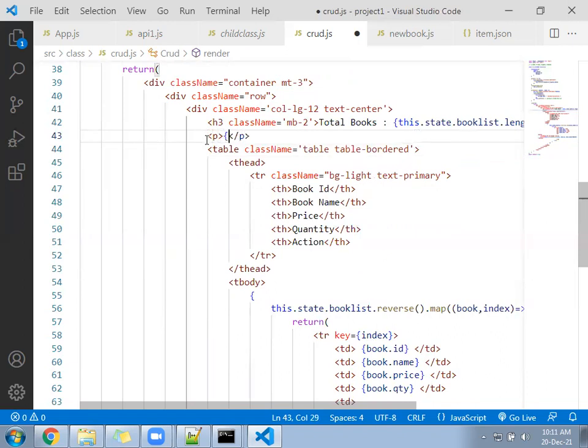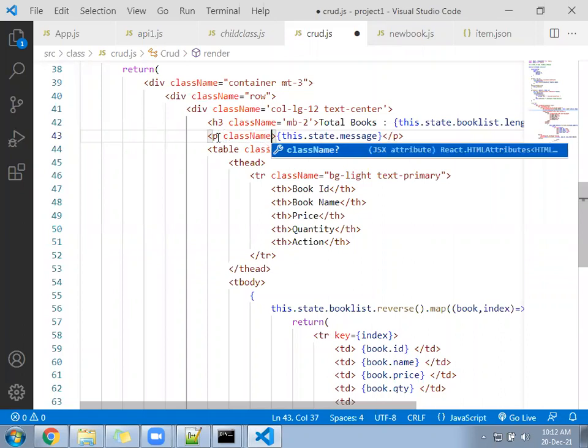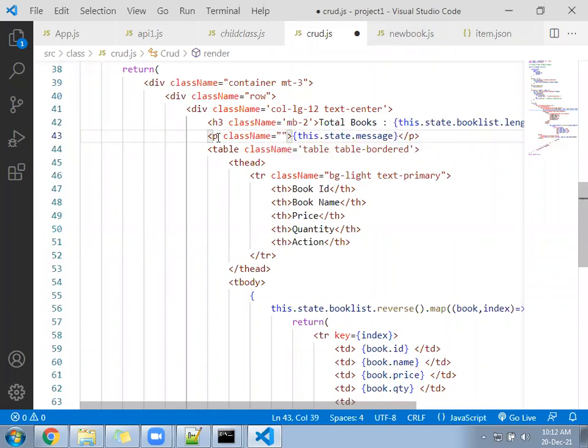Right inside the paragraph, this.state.message. Class name text-danger. Once you delete any item, it will display there.